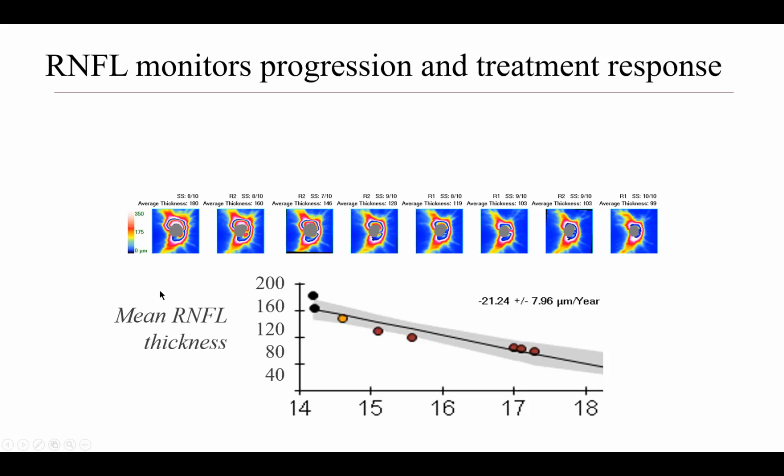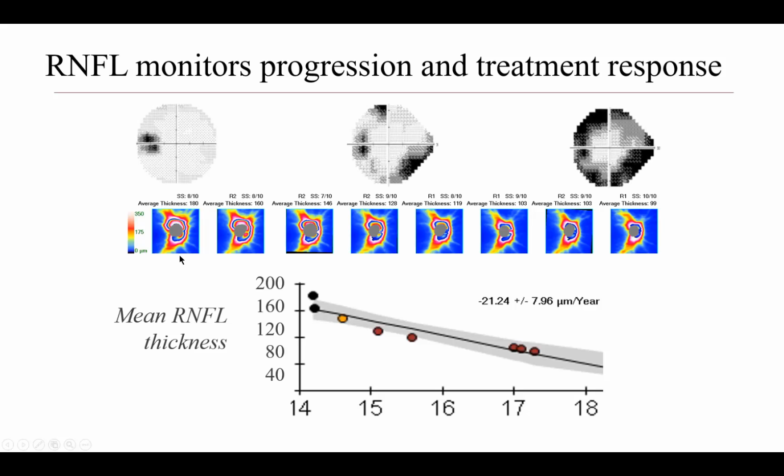One of the principal strengths of these parameters is the ability to compare and monitor progression over time. A decreasing mRNFL in a patient with disc edema is generally a sign of improvement. However, a decrease in the mRNFL can also be a sign of progressive axonal loss. And this is a distinction that can only be made by monitoring the visual field, which, if you can demonstrate a deterioration in the field while the mRNFL is decreasing, well, obviously that's a bad sign and needs to be